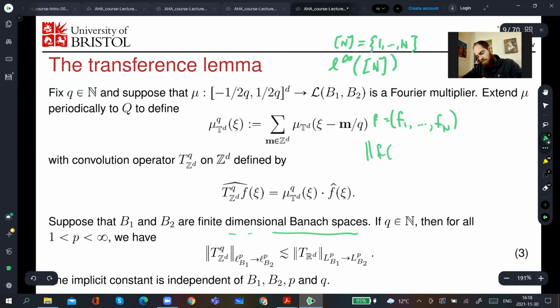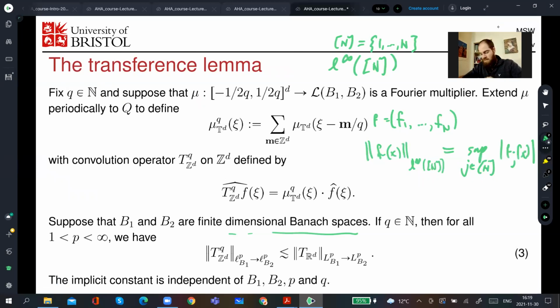So each f hat of c is actually a vector f1, through fn, right? So f is actually a vector of this shape, and n we're thinking of as being arbitrarily large, but not infinite. It's finite dimensional, but in the limit, we can take n to infinity, so it's an infinite sequence. And the Banach space norm that we use is this L infinity one, so that at a point x, f of x in L infinity of n is actually just the supremum over all j in that range of the absolute value of fj of x. Okay, so that's how the maximal function comes into play right here. For us, we'll have some function lambda j, and taking this sup will give us the maximal function we need.